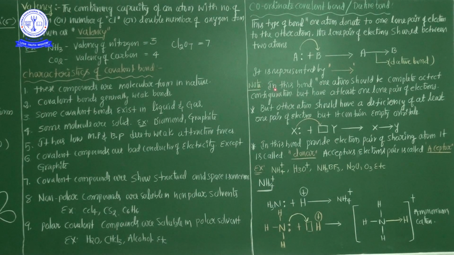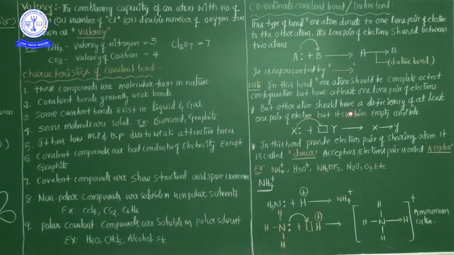One note. What is the note? In this bond, one atom should have a completely octet configuration. A completely has an octet configuration and an extra lone pair of electrons is there. A already has a complete octet, so why does A donate a lone pair? It is already satisfied, so that extra lone pair of electrons is donated to B. So in this bond, one atom should have a completed octet configuration but at least one lone pair of electrons,